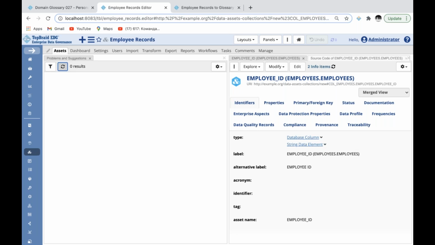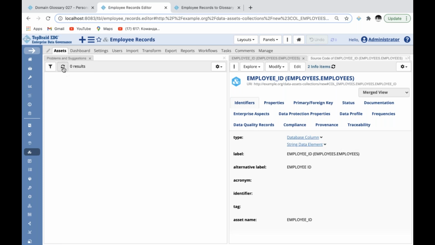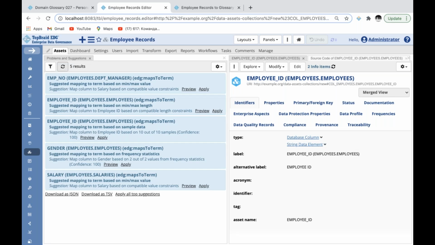Can enable suggestions, sorry. Enable creation of suggestions. And you see that the system identified a few matchings. So we saw the employee ID match. We also saw a gender match, and in this case, that's based on the frequencies, because we have two out of two frequency statistics. Based on that, we've got some salary matching, which is based on